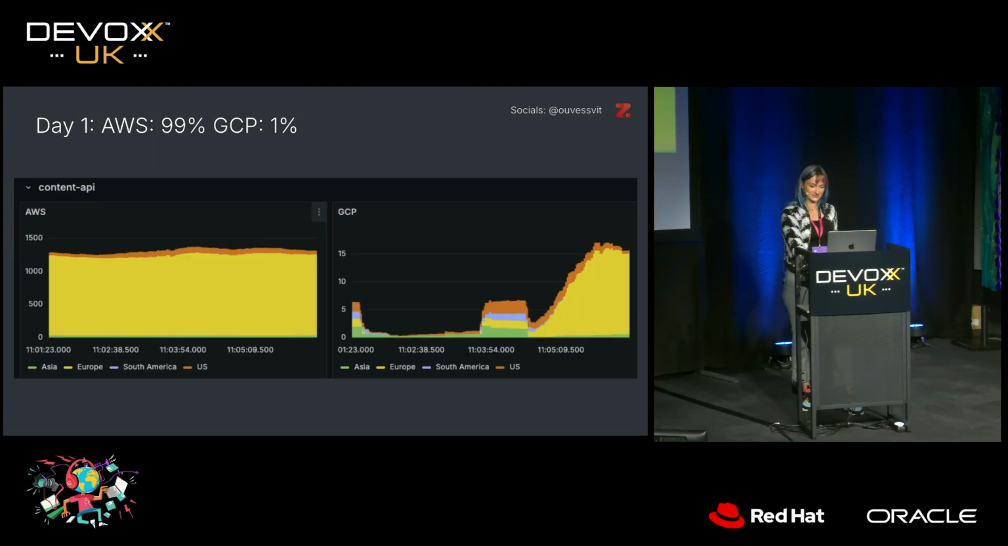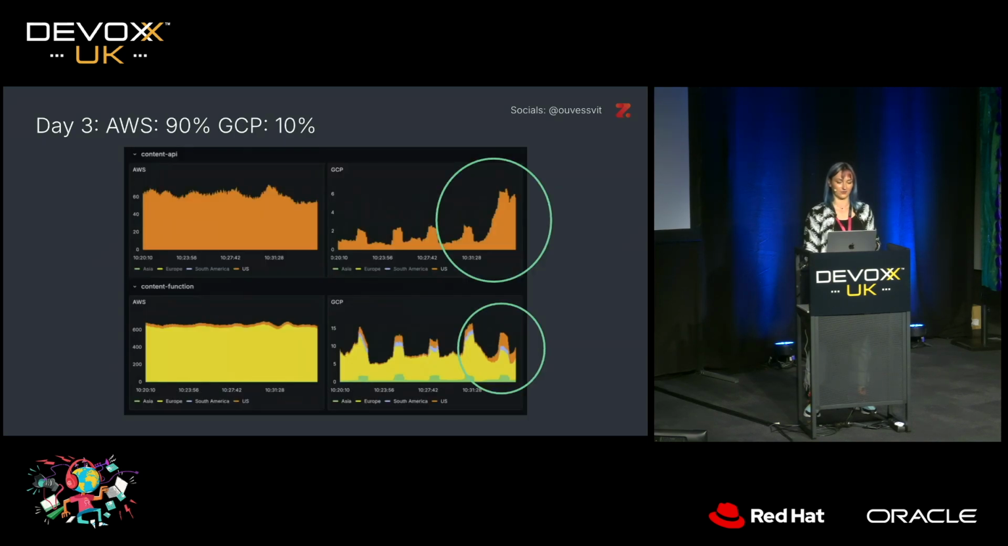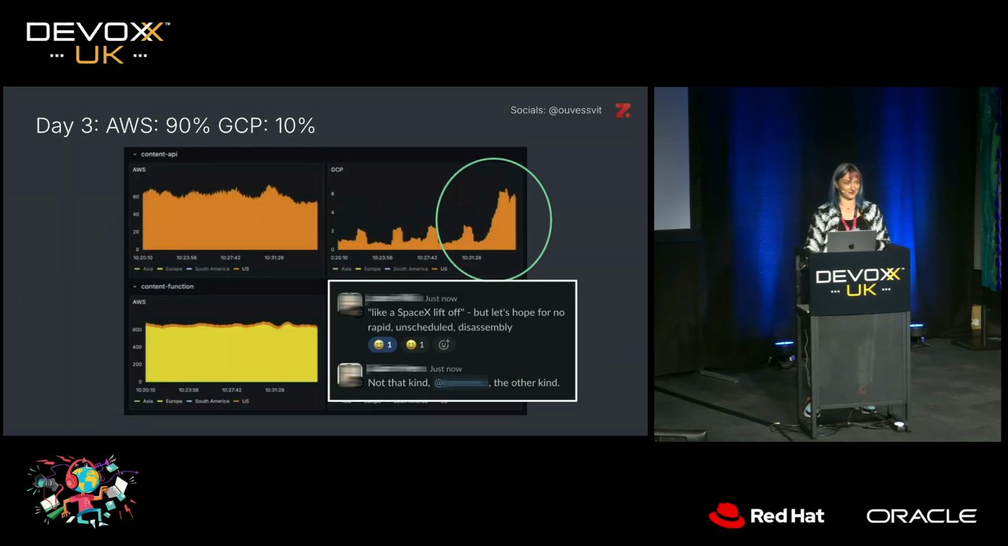This is what it looked like when we did 99% AWS, 1% GCP for all regions. So we could see that there's about 1,500 requests per second and about 15 requests per second. So the distribution looked correct, and we were also watching it in all of the other things. Then we did 10%, and that's where the CTO was like, "Whoa, this looks like a SpaceX liftoff," and everyone